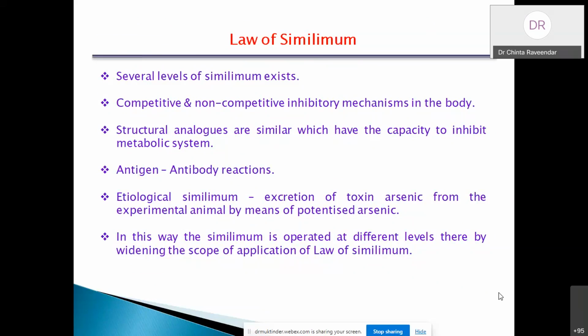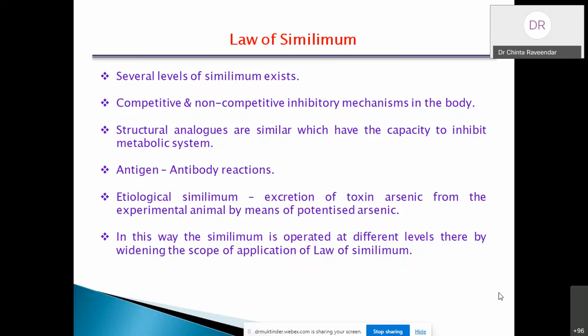Antigen-antibody reactions, you all know. There is one etiological similimum. See, excretion of toxin, arsenic, from experimental animals by means of a potentized arsenic. See, we got a wonderful public health project in West Bengal. It is out of Dr. Bakshu's genetic research. So in a similar passage, etiological similimum, the toxin can be relieved by the potentized toxin,